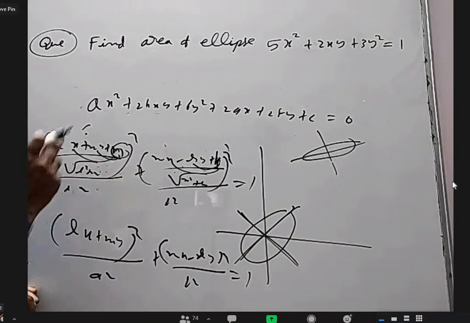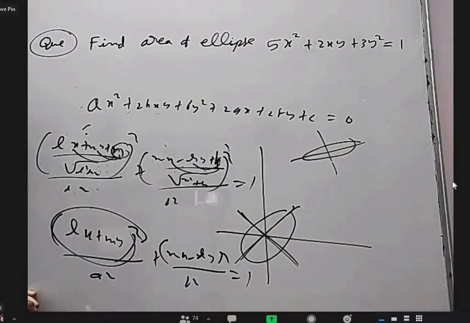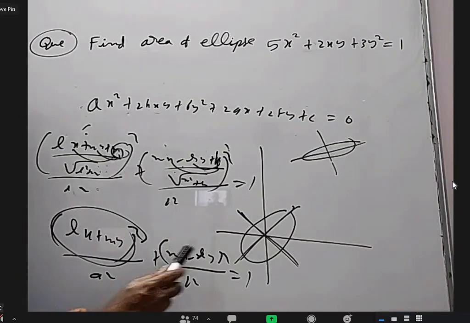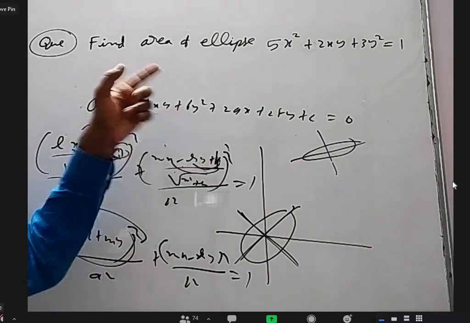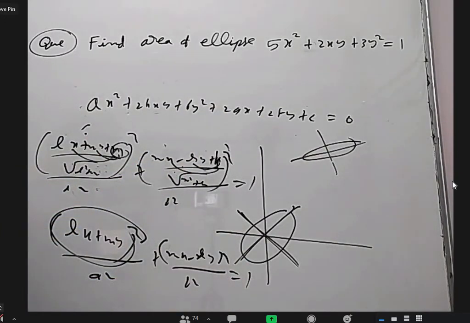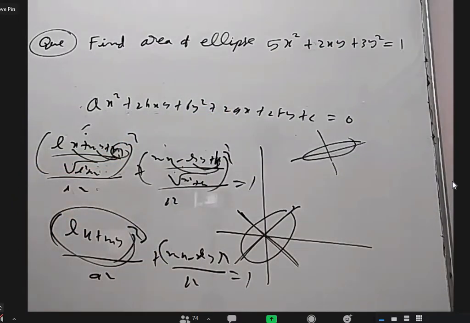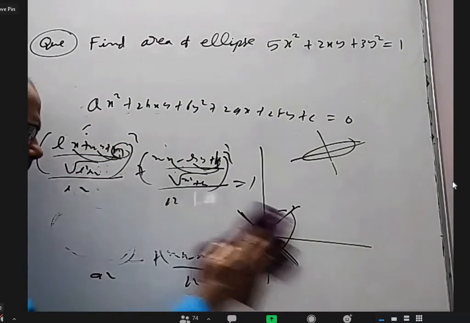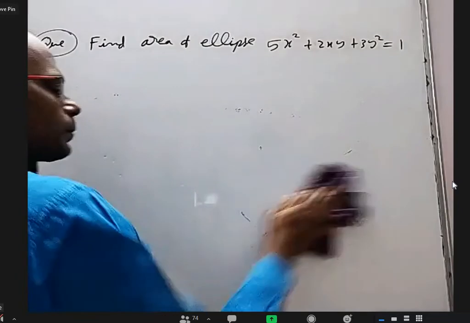So when you expand, you will not only get x square term, y square term, xy term, but also some x term, y term, and of course a constant term. But here, when you expand this, what will happen? Only x square term, y square term, xy term, no x term, no y term, right? Yes, sir. Similarly here also. Okay. So whenever the x term and y term are missing, that means for that ellipse, the center is the origin. Am I correct? Yes, sir. So in general, if you want the center to be the origin, the equation will be like this; the numbers can change. So one thing is clear, that the center of the given ellipse is the origin.